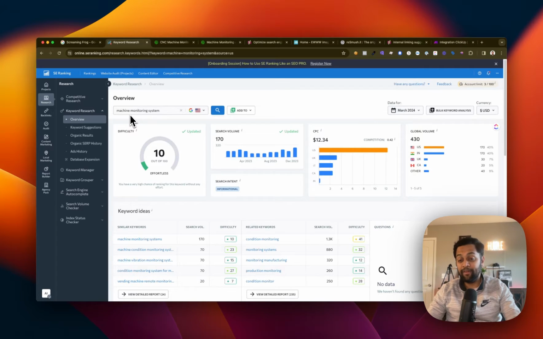Now, if you are a manufacturing company, you will know what I mean. Basically, monitoring software is required to determine if there are any issues going on, if it's operating properly, if there are any issues with the CNC. There are so many things that need to be monitored on a daily basis. So here's a keyword that I'm typing over here: machine monitoring system, and a tool like this will help you